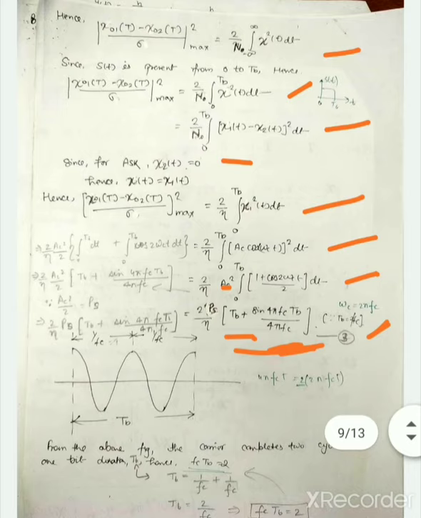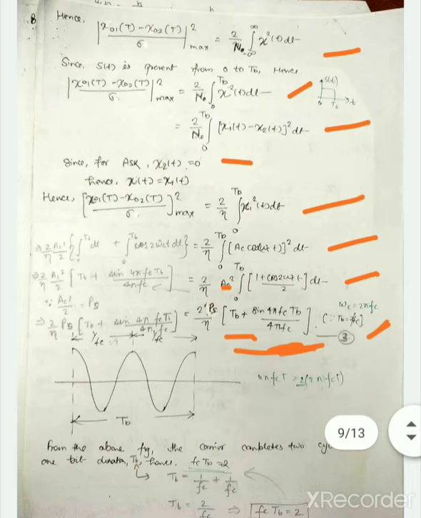So let us see that in this waveform you can see that for 1 bit period tb we are getting 2 cycles of carrier. That means if we are transmitting symbol 1 and the bit period for that symbol 1 is tb, then in that tb seconds we are getting 2 cycles of the carrier waves. Check the waveform, we are getting 2 cycles.